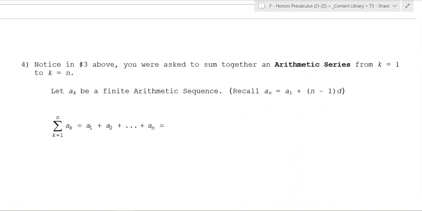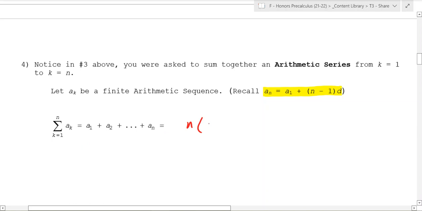So what this means is that if you have an arithmetic sequence, you can actually use this right here, which is really cool: the first term plus, this is the definition of an arithmetic sequence, where the nth term is the first term plus n minus 1 times the difference. So what you can do here is what we just found out was that this is just equal to